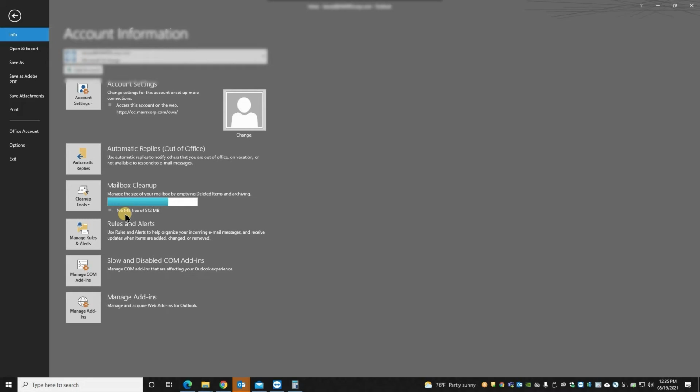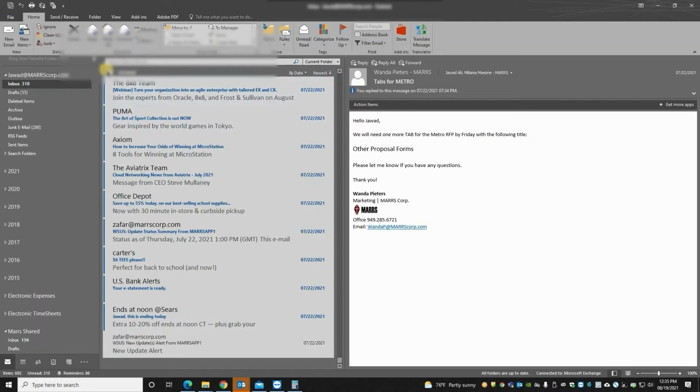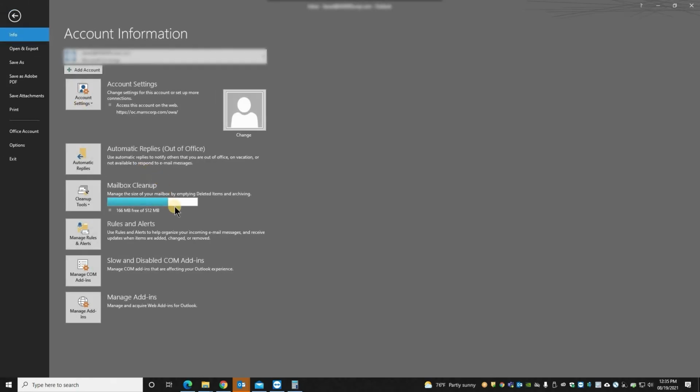I'm going to get a warning, and the warning will display over here that your email is going to be full. You will get that warning a day or two before, depending on how many emails you receive. But I can say on the safe side, I usually receive that warning 2-3 days before it gets full. In that case, I usually check over here.